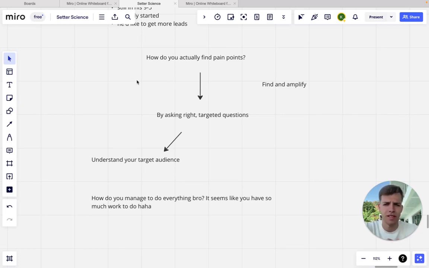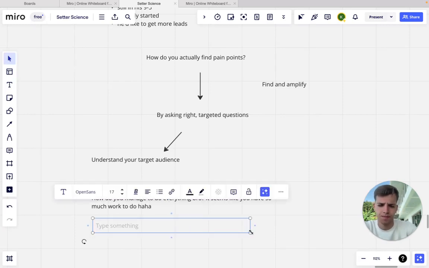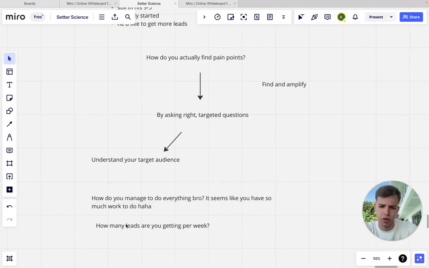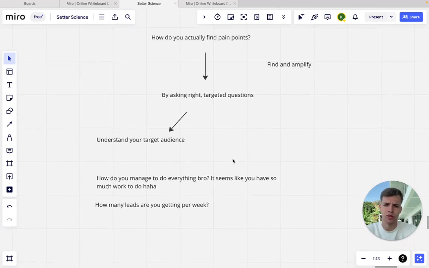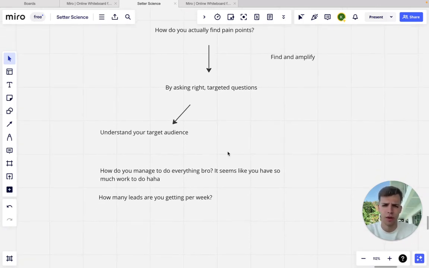And if he doesn't have enough leads, then the other thing you can ask is simply, how many leads are you getting per week? That's another question that you can ask. Or even maybe something different, a little bit more direct, like, do you get many new students? If he has a coaching program, if he runs a certain program like me, that's what you can ask. Those are some examples, and I'd actually like to give you one more.